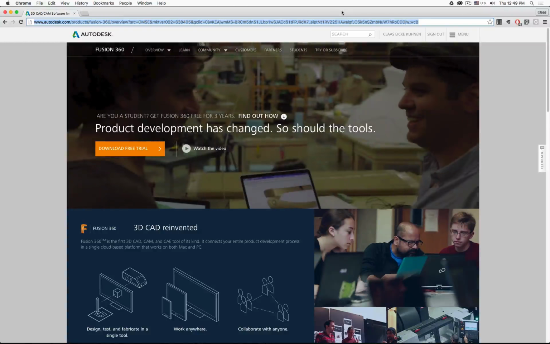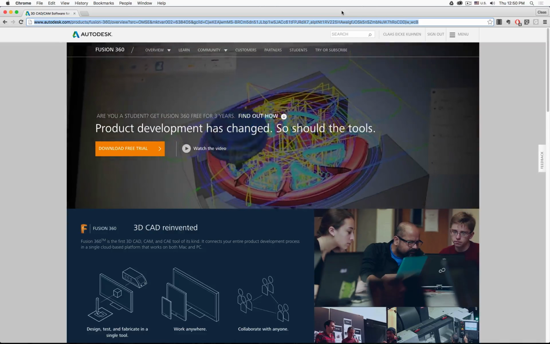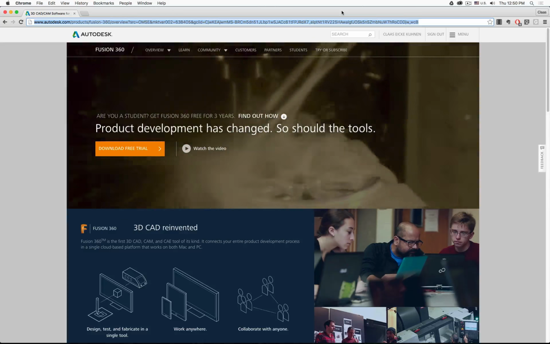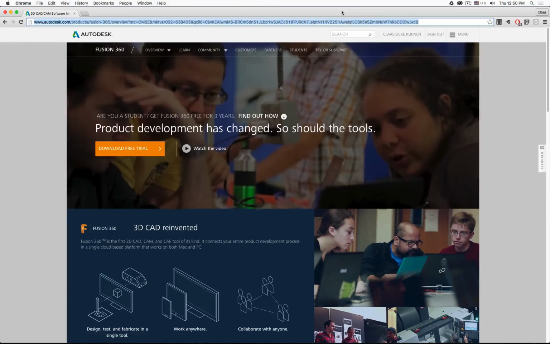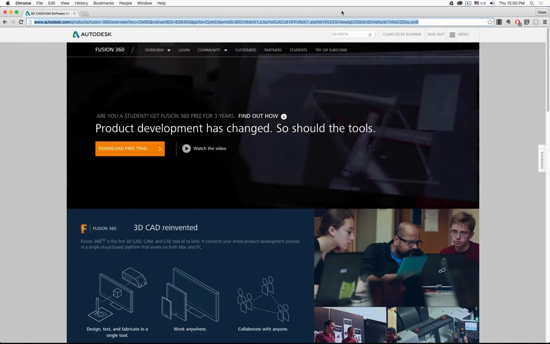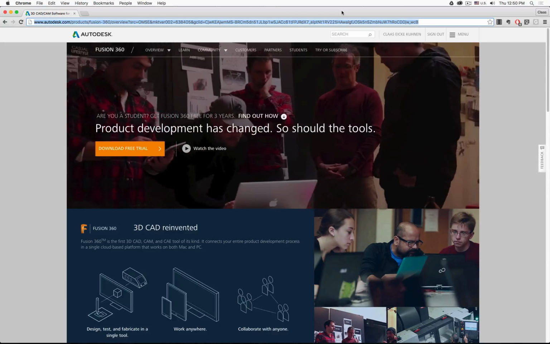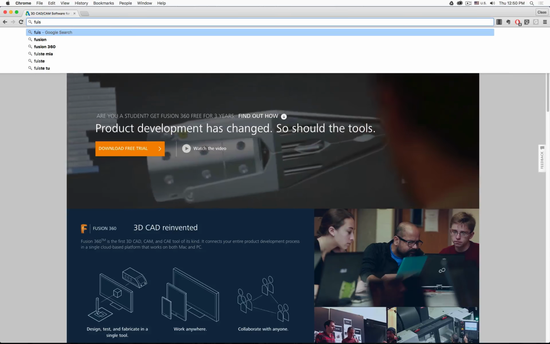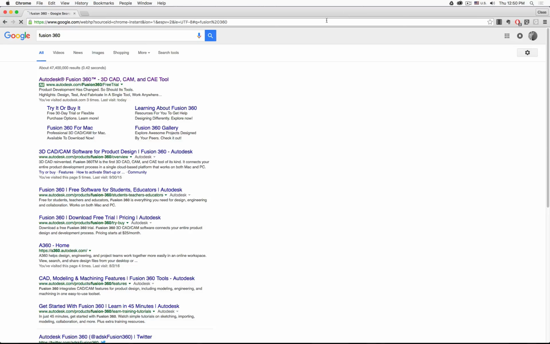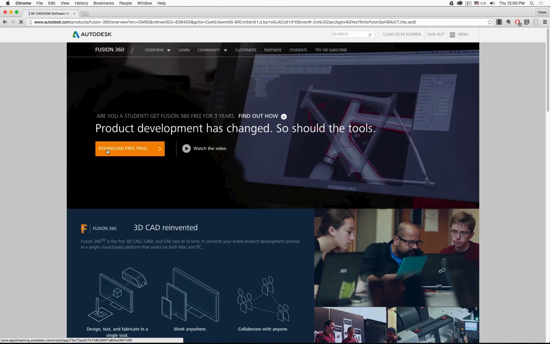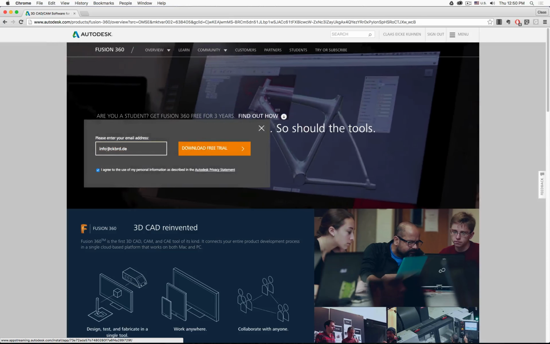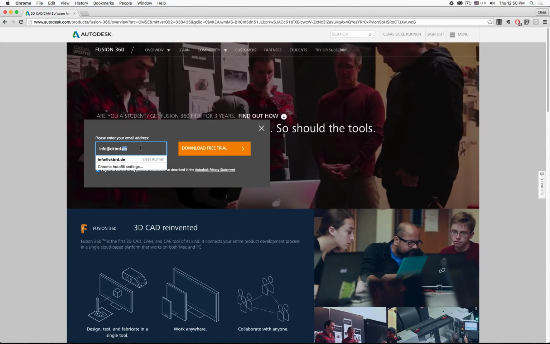In this quick video, I'm going to show you how you could install Fusion 360, create your free account, and then configure Fusion on your Mac or PC. So if you want to install it first, go to any web browser, type in Fusion 360, and the first hit here you can select. This will be this page you saw. Here's the button, download free trial, and that one you can click, and then you can type in your preferred